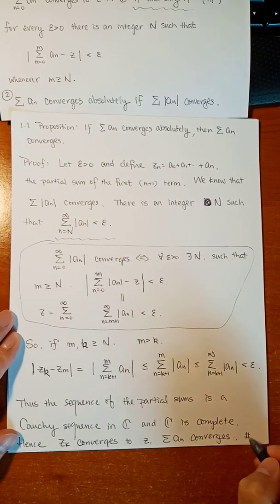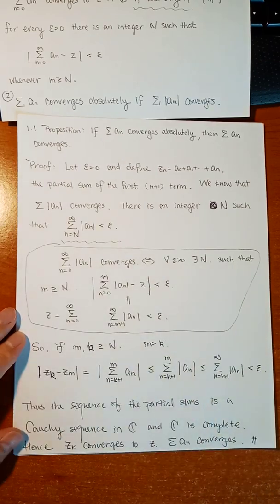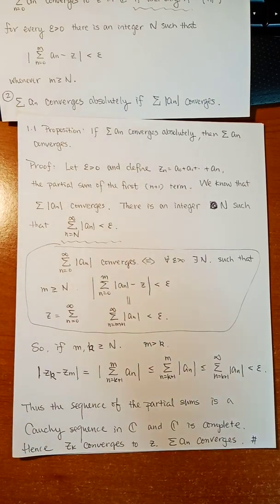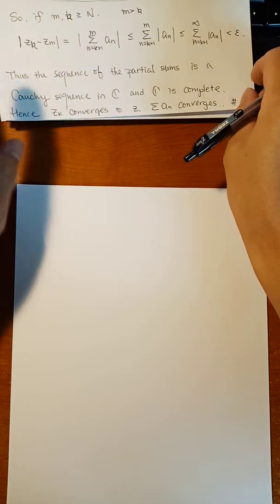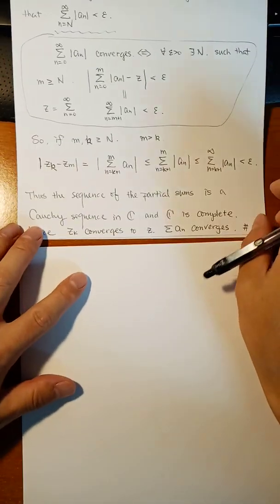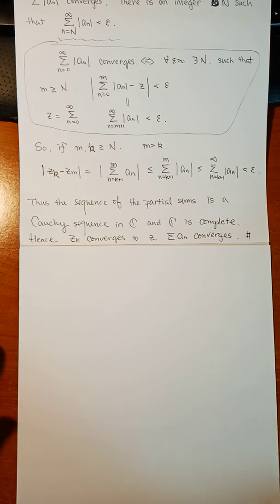Okay, so that's the end of the proof, right? Okay, so this is the proof that absolute convergence implies convergence, right? And next,